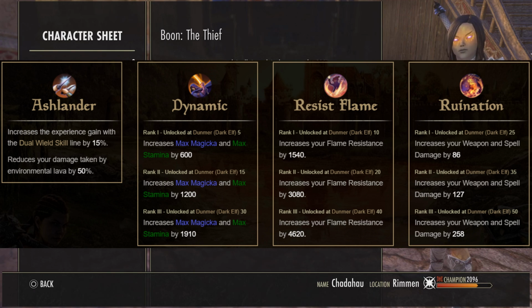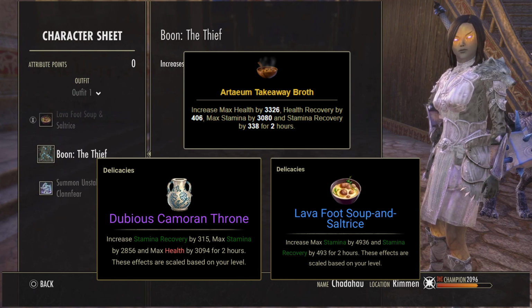So moving on to consumables, for food we have a couple different options. The best choice for content would probably be RTM takeaway broth. Keep in mind they are kind of expensive. A cheaper and almost just as good alternative would be Dubious Cameron Throne. And if you're parsing or just need more sustain in general, then lava foot soup and salt rice is always